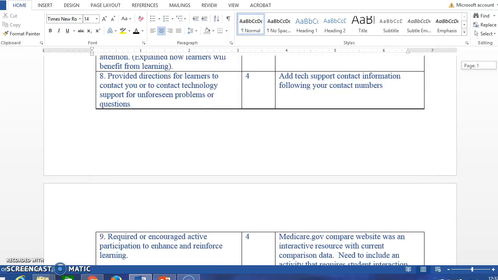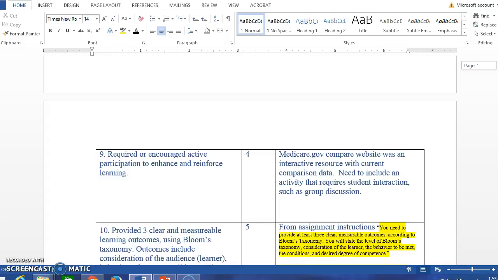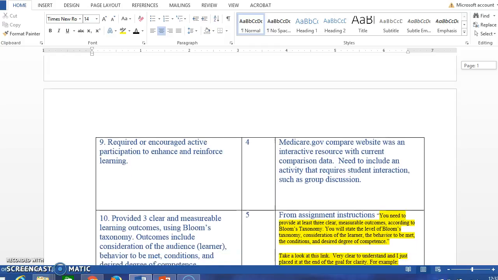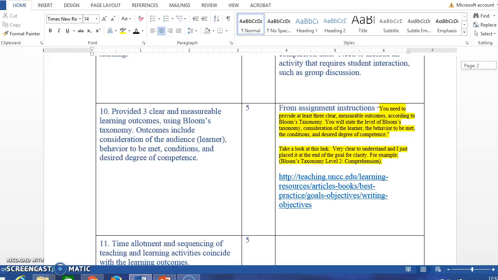I would add the tech support contact information under your directions, right after your name and contact numbers. For the Medicare.gov website, it was an interactive resource with current comparison data. Need to include an activity, maybe that requires student interaction, maybe a group discussion, and that could be done online